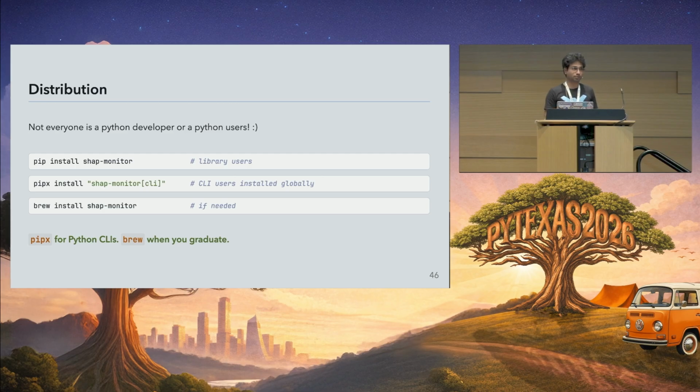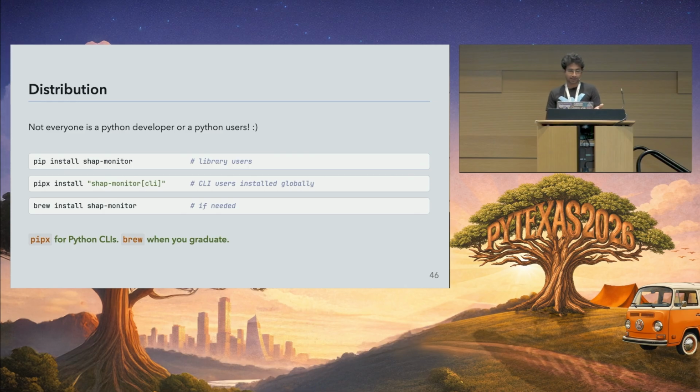The next thing I would say is about distribution. Distribution is very important, because if your user is a CLI user, they might just install it inside a virtual environment. That's great, but they really might not, because as I said, they could be a non-Python user as well. So the best way to do it, I feel, is using pipx, because it gives you a great isolated virtual environment to work at a global level. So you could just do it, and with no extra code, by the way. When we actually created that executable command, that was it. It will make sure that you can do something like this.